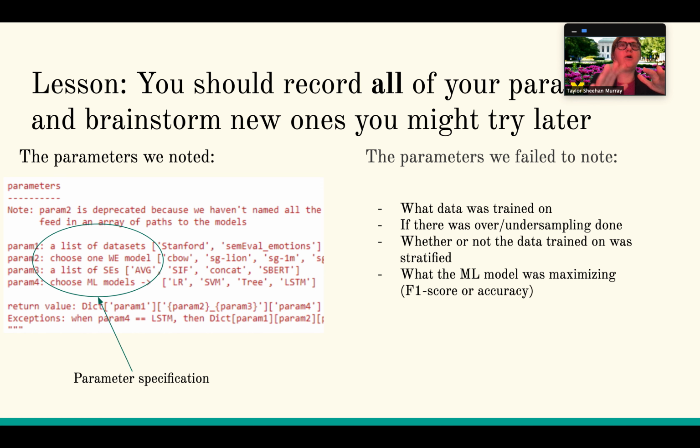So then we can note, oh, now we're doing under or oversampling. So I think that it's important to brainstorm what you're going to do, but also just note the things you think, like, well, we're just going to keep this the same always, so we don't need to note this parameter down. You might actually change it. So it doesn't matter if you think it's relevant, write everything down, and also brainstorm what you think you might be able to change later.